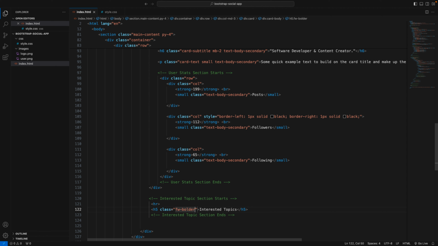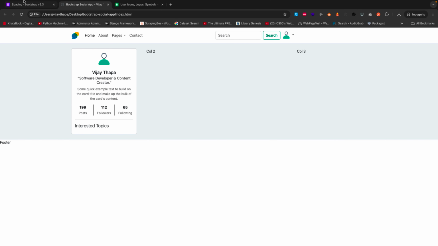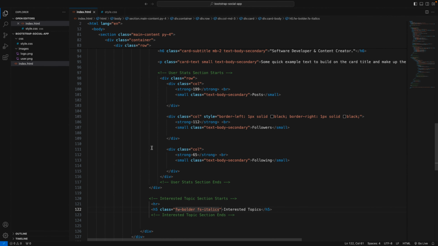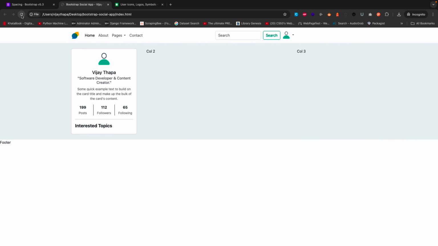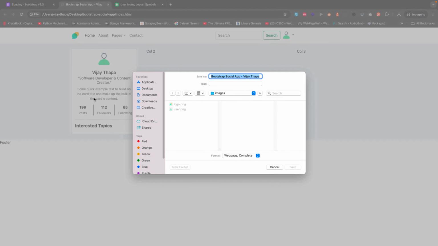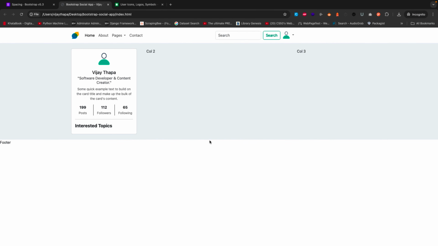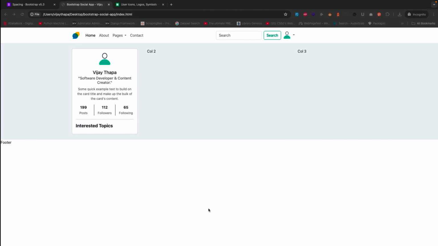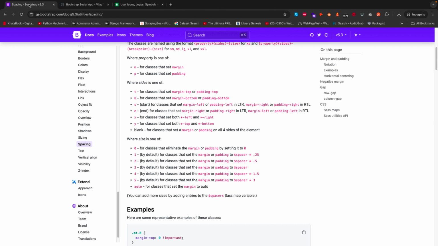Similarly, we can also add font style, like font style italic, FS for font style, and then italics. If I save it and go back to the browser and refresh it, sorry, italic, I think, sorry, it did not change. So what we can do is go to our Bootstrap documentation, and if we see